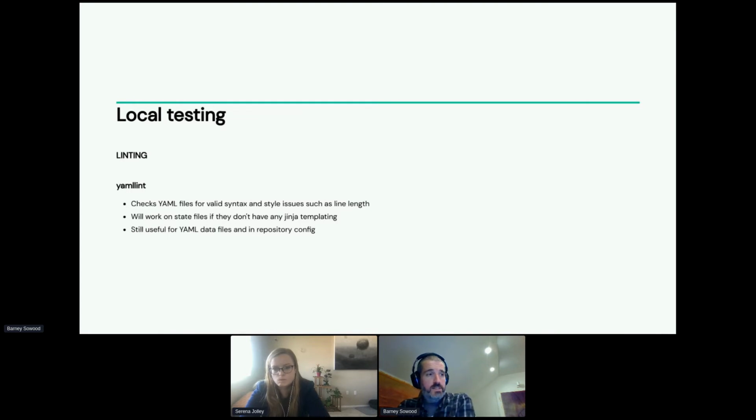So as state files are YAML, it's quite tempting to try and use YAML lint on them. I have done that, and it will work on simple state files. But as soon as you've got any Jinja in the state files, that doesn't work. And also, syntax errors in the YAML of the state file should get caught by the state module.